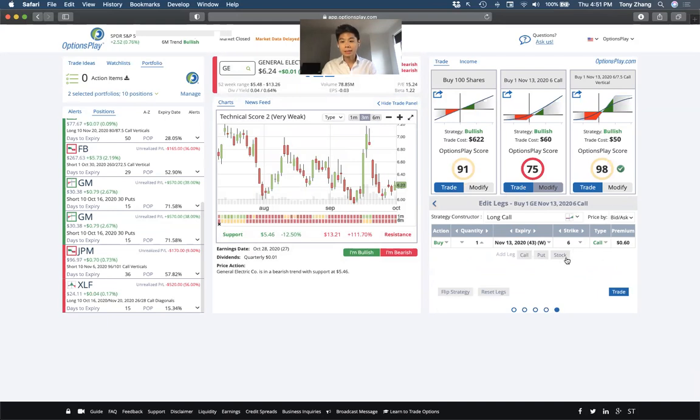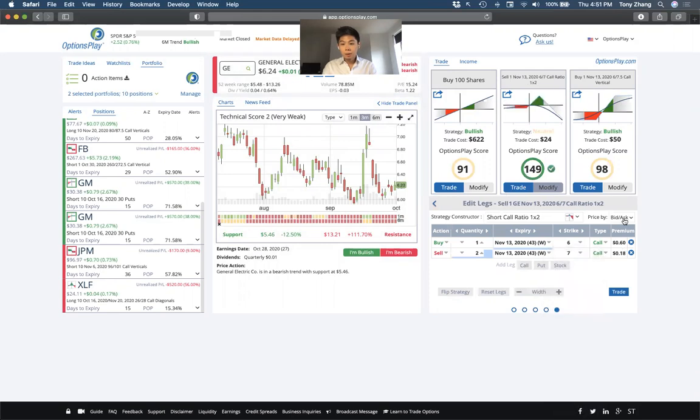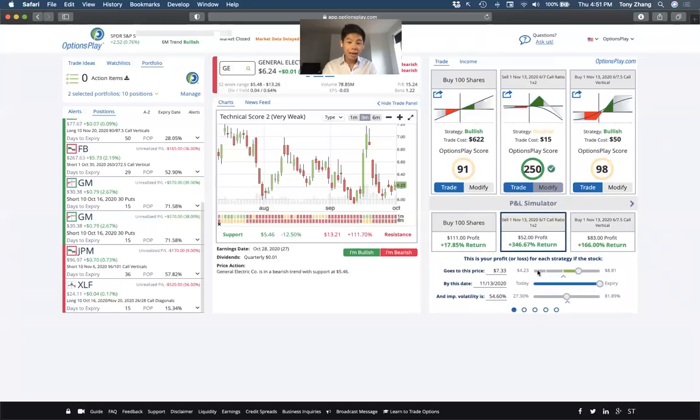So we buy a $6 call. A $6 call will cost you 60 cents. Let's say we sell 2 of the $7 calls. As you can see, the 2 don't quite offset each other. It's not bad. You're paying $15 for it on what is effectively a $700 position. That's okay. So at this point, if you get back to, let's say, probably 6.70 or so,